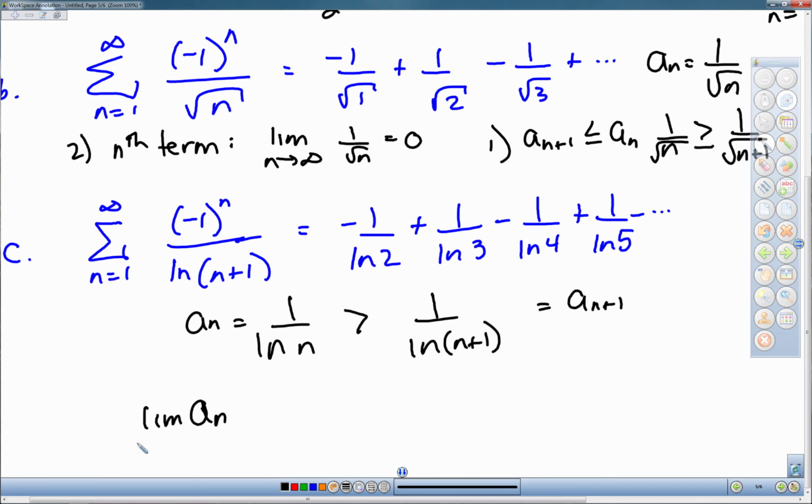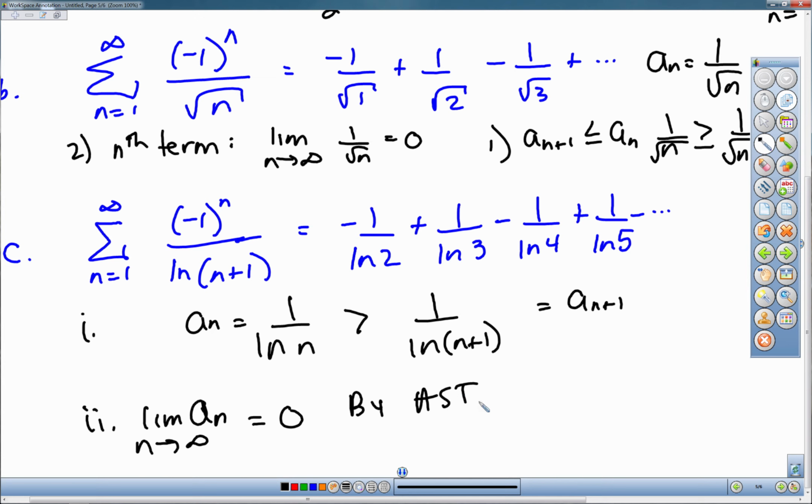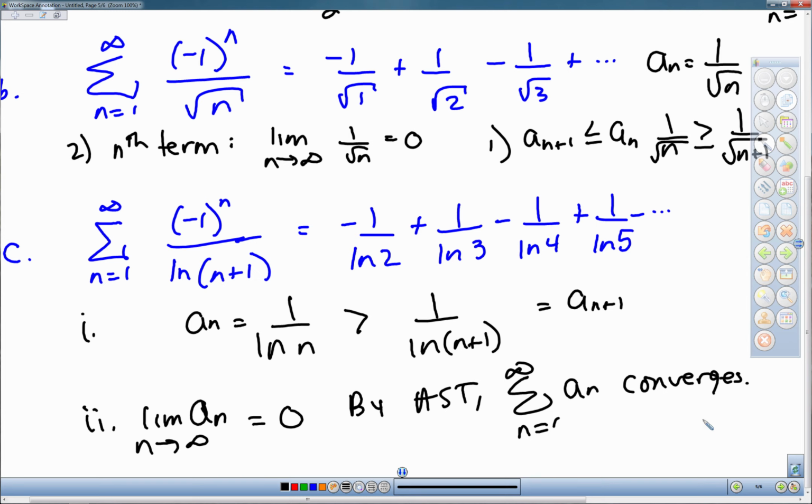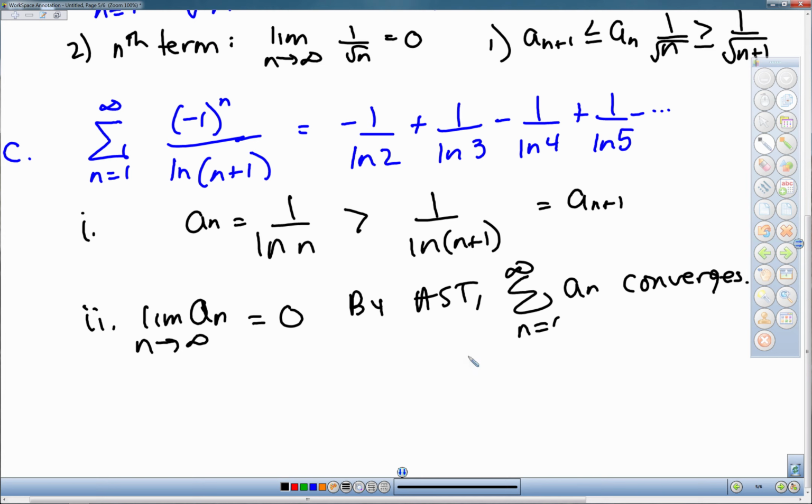And what's the limit of a sub n as n approaches infinity? Well, by the principle of dominance, you end up clearly with the limit equal to 0. So, by the alternating series test, we've got that particular series converges. So now let's determine if this thing converges absolutely or conditionally. This is going to be a little bit trickier, and so we need to try to figure out